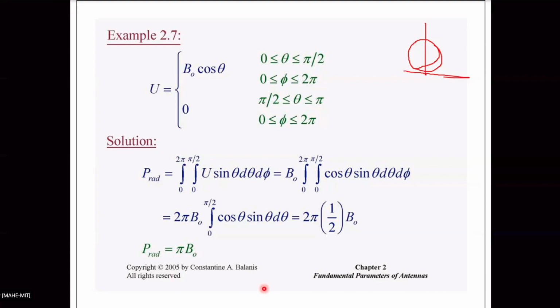Any questions on this? Have you understood till now? Yes, sir. So what we are trying to do here is find out what D naught is for this pattern. What is the directivity? We will find the exact formula, and we will find the approximate using the approximate formula. So this is P rad by B naught.